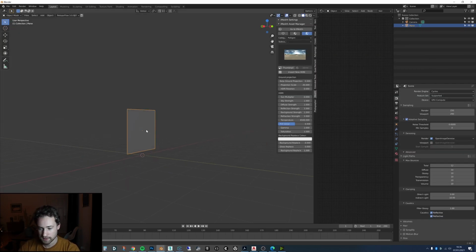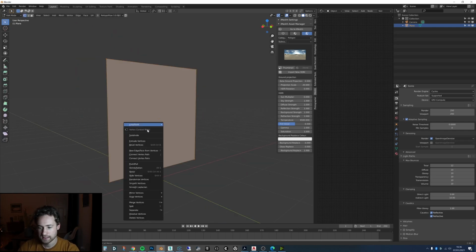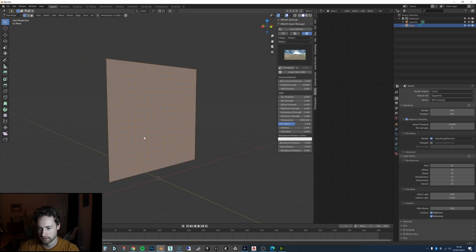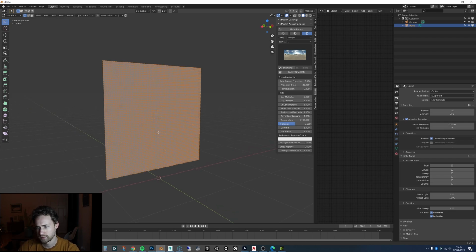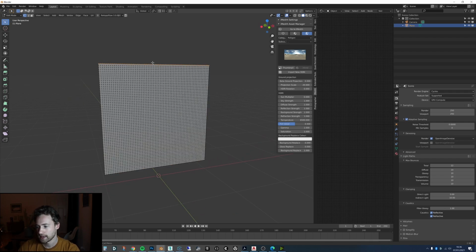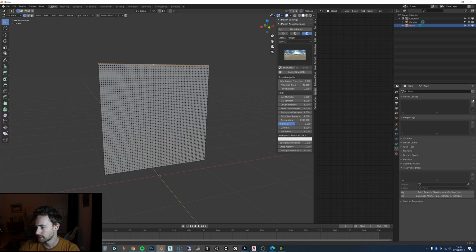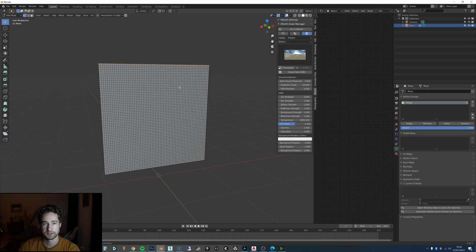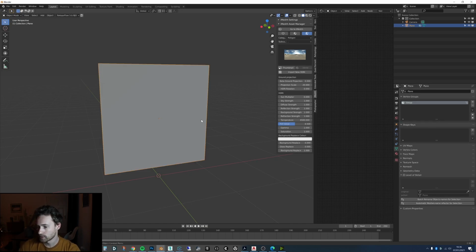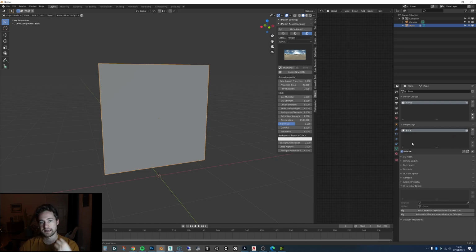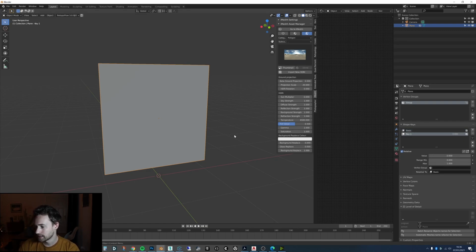But how I did it was basically add this, and I just went into here and right clicked and clicked subdivide a few times, too many times. And then I just grabbed this top edge, went over to here and added a vertex group and assigned these to the vertex group. I then also added a shape key. This is the base shape key, and this tells it that this is the base of the object. And then I added another one here, and that is what we edit.